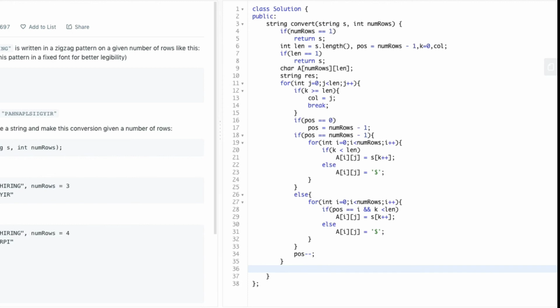So at this step, we got a new array A with its updated values. So now we can traverse the array A row by row and store the characters into a new string, which is the resultant string res.